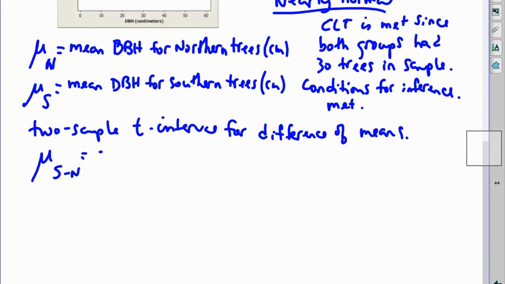So southern DBH minus northern DBH, because it looks like the south might be higher. So